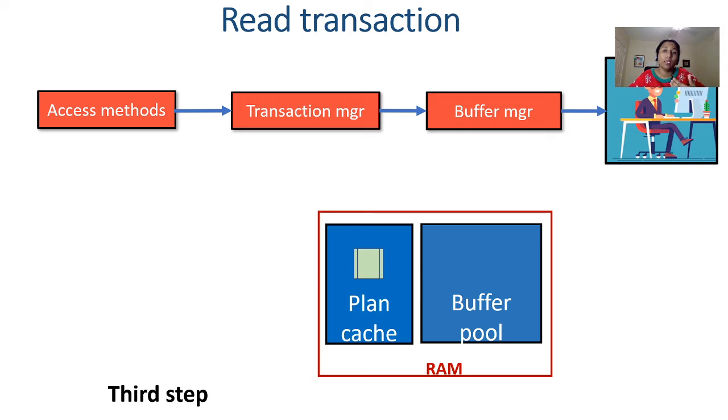But if the query is complicated, then it will have to pass through the second step of the relational engine and then to the third step of storage engine. But all the difference inside the storage engine happens here. It happens at the transaction manager and buffer manager components inside the storage engine.